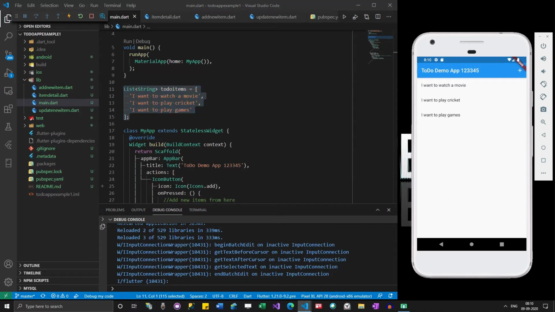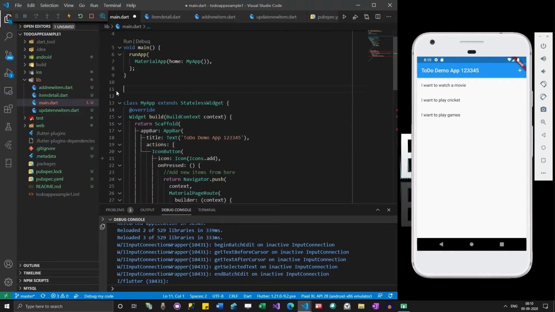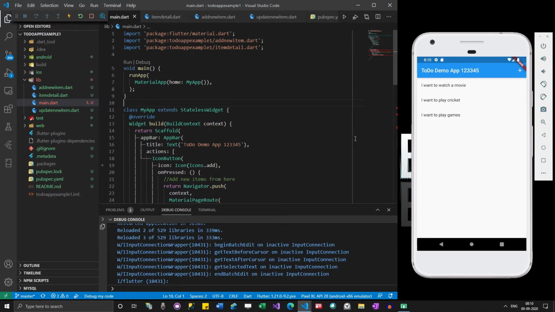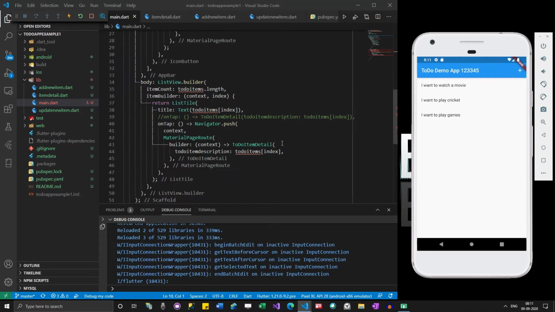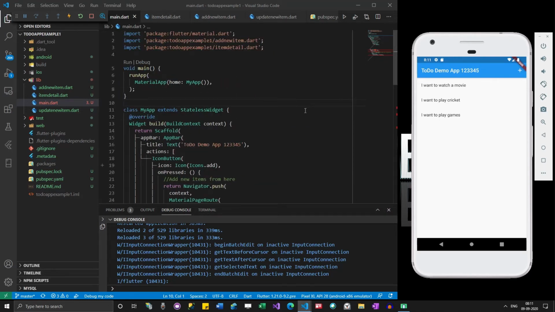Okay, so how we do that is, so first of all, let's get rid of this. So the first thing you have to do is open the database.